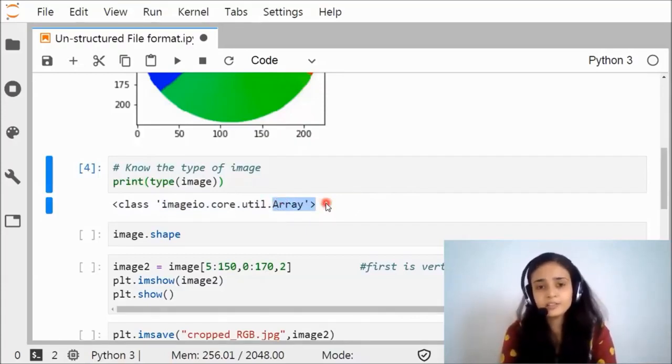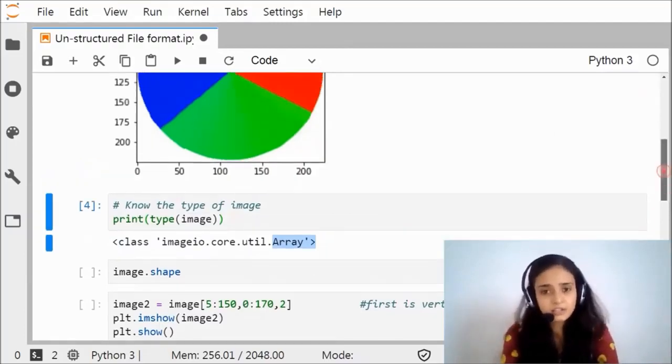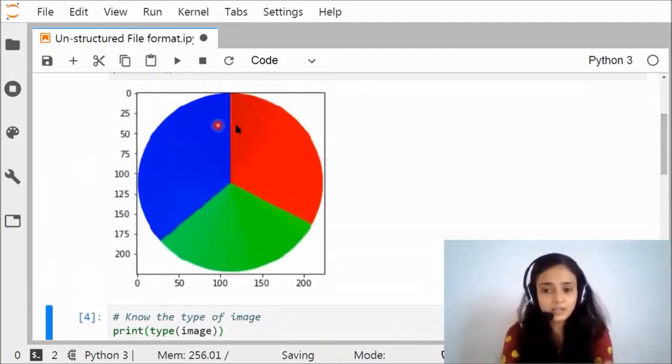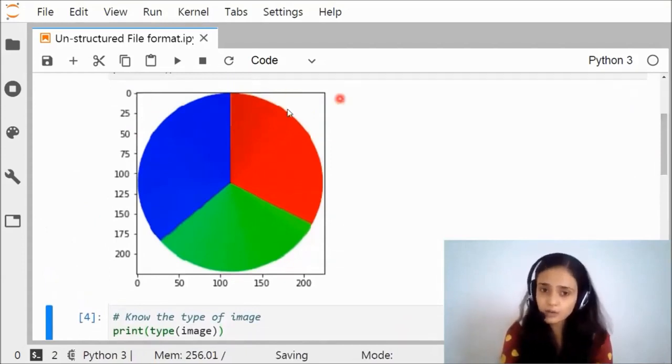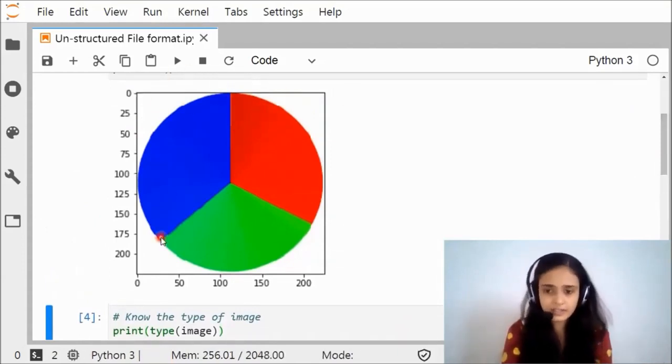So whatever the image is, the image contains some pixels. When you consider one particular pixel, that pixel has some x coordinate and some y coordinate. So what is the image? It is the collection of pixels in the horizontal and vertical direction.